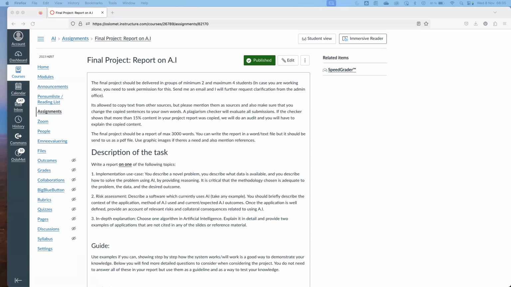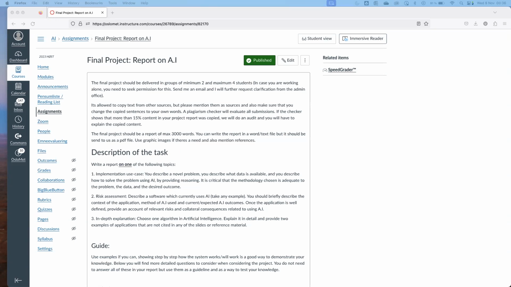Now, the thing is, you're allowed to use whatever tool you want to complete this project, but everything you do will be evaluated and checked, just like you would create a report, search the internet, and fill in the report with the information you have received. So treat ChatGPT as the same kind of tool.